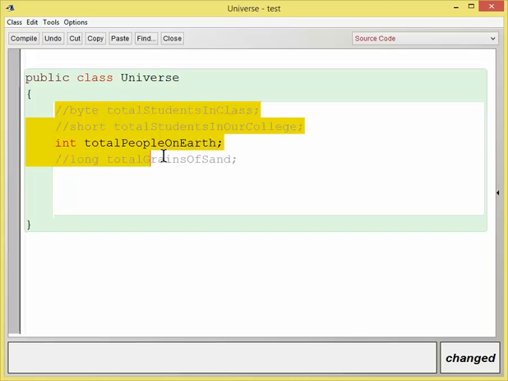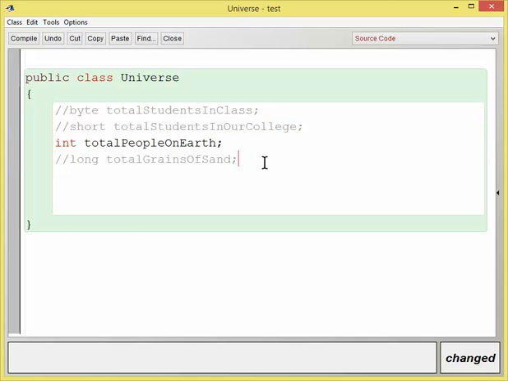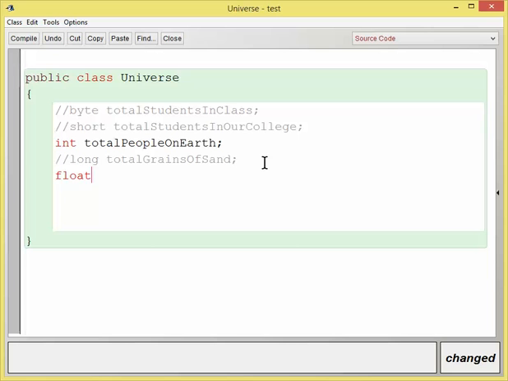So these are the 4 data types that we use for integers, and there are 4 more primitive data types that we haven't talked about yet. And let's talk about the 2 data types that are good for fractions. One of them is the float. So with a float, you might think that we could track how much money we have in the bank. If we have a bank program, we could use float, but actually float is not very good